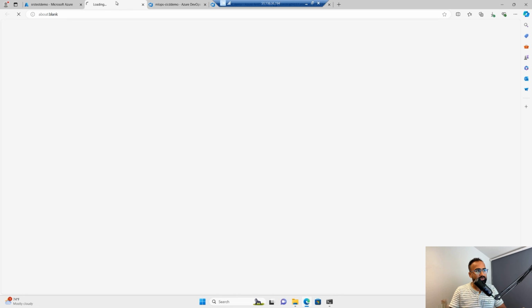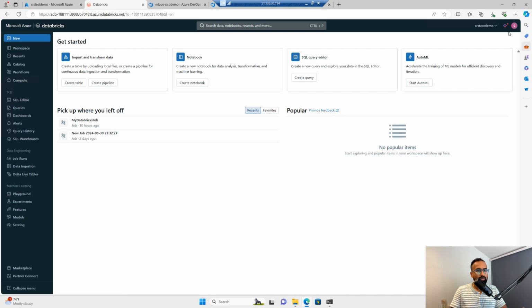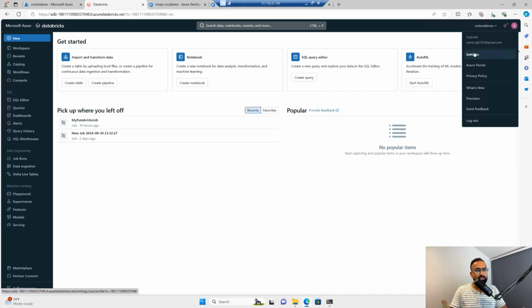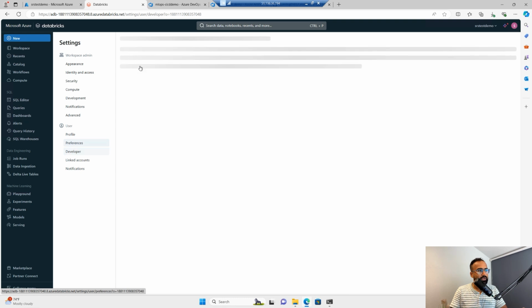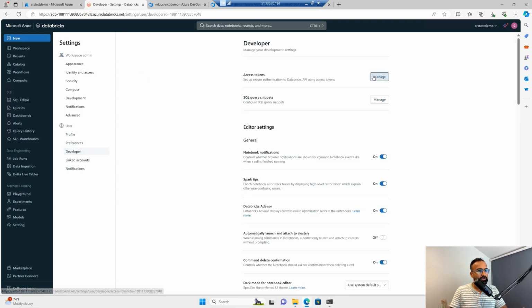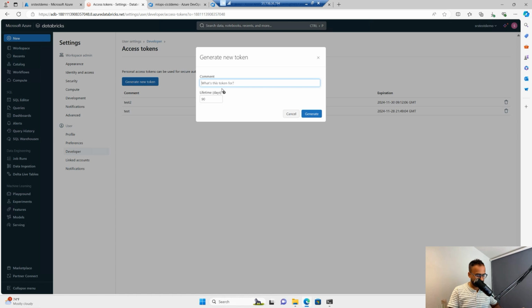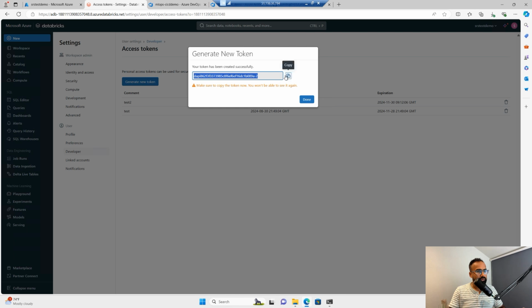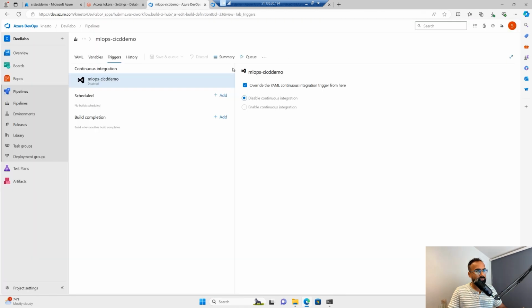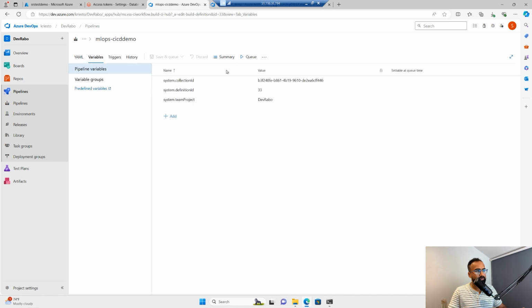So I'll launch the workspace. Okay, I'll go to the settings. Under the settings, I'll go to the developer section, and then here I will create a token. So CI/CD demo, yeah, and I'll copy. Anyway, this token is a bit sensitive, but after the demo, I will delete everything. So I will just copy this, and then I need to go to the variable,